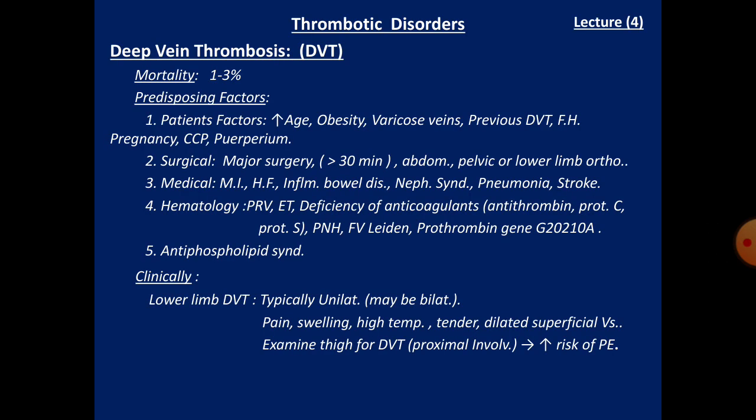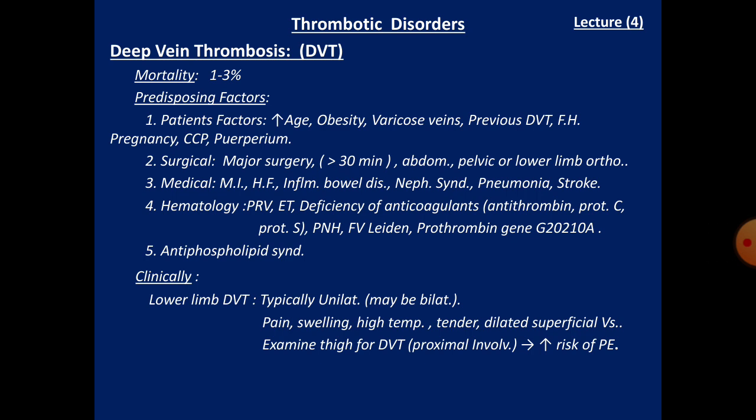Today we are talking about the thrombotic disorder. The best example to start with is deep vein thrombosis. Deep vein thrombosis still carries a mortality of 1 to 3% in these patients, and we have many predisposing factors